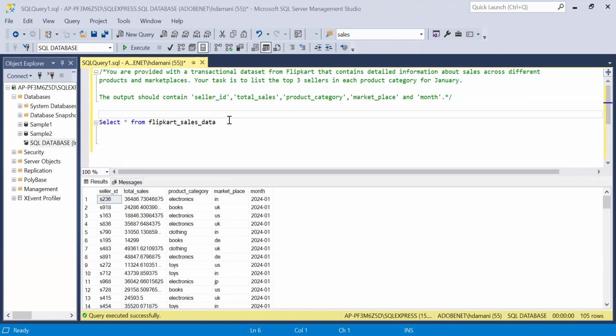So we have this data from Flipkart, but this particular problem can be asked in any e-commerce company, right? So in this data set, as we can see, we have seller ID level details. We have total sales for that specific seller. We have product categories sold by that specific seller. We have marketplace level information, and we have the month level information as well, in which that sales